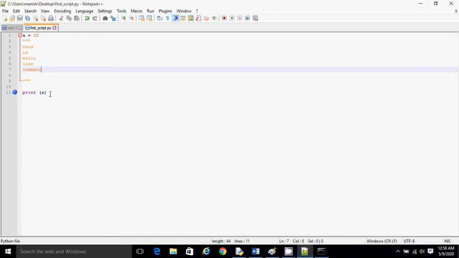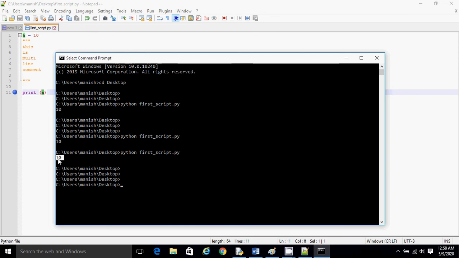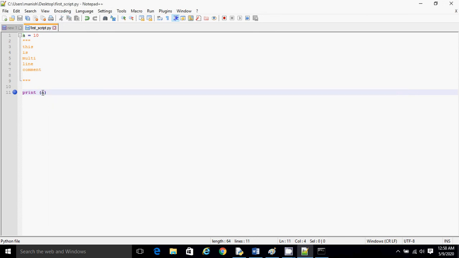So let's talk here only. If you see here, print, we gave a as an input, so it got printed here on the console, right? So what will happen if we provide a blank print statement? A blank print statement will always carry a new line character.